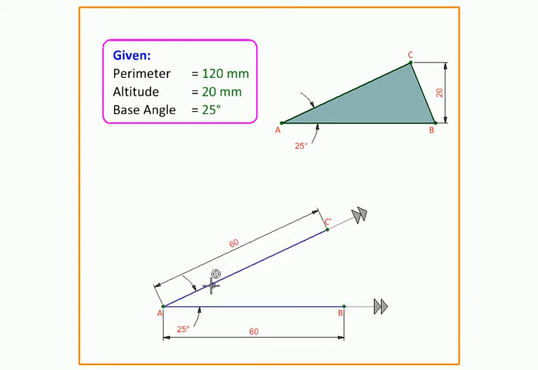So these are the extreme possible positions of C and B respectively. I have called them C dash and B dash. Next we are going to use the next bit of information, that is the altitude of this triangle. The height of the vertex from the base is 20, and that gives us one more locus of point C, and if you have two loci which are straight lines, their intersection is going to be the point C, so we can quickly mark it.